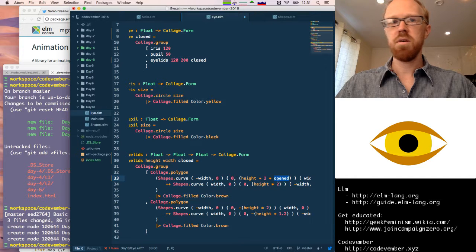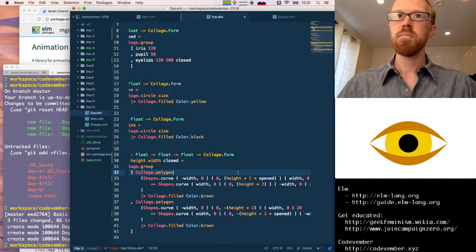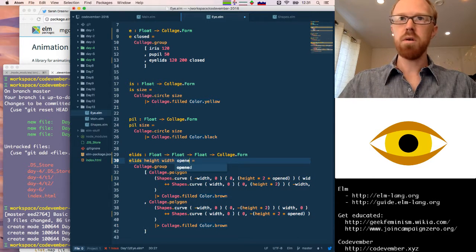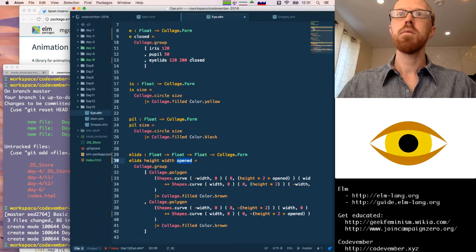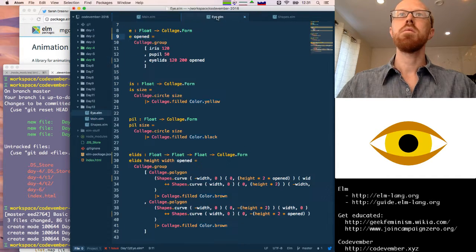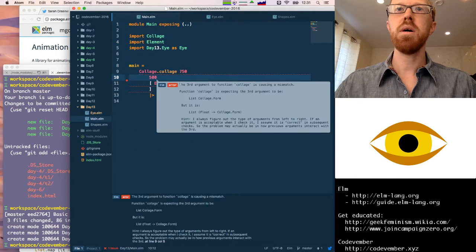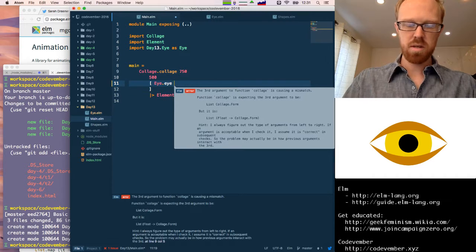And if it's 0, then the control point will be at 0, and it should be fully closed. I guess we'll see how this works out. So this will be called opened, and so will this. Okay, so we save that, and now our main should fail to compile, which it does,